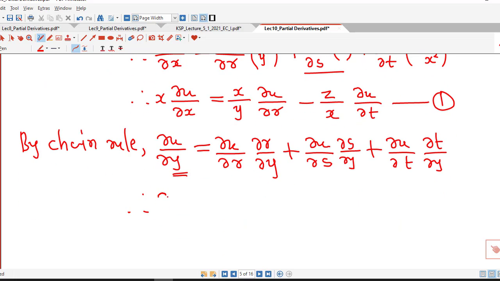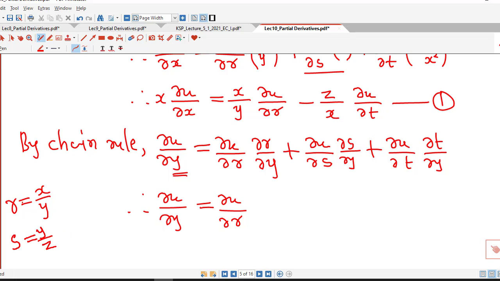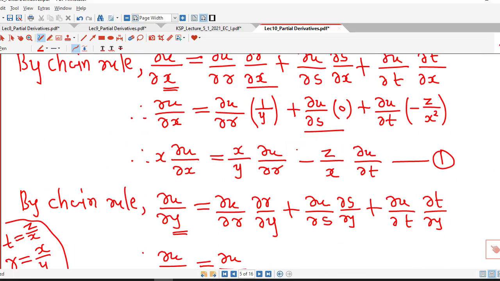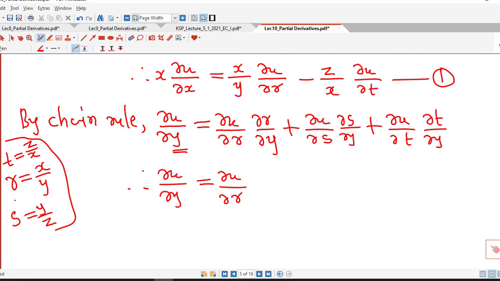So therefore del u by del y becomes del u by del r as it is, del r by del y. So r is given by x by y, s is y by z, and t is z by x. So let me check: x by y, y by z, and z by x. So partial derivative of r with respect to y is x as it is. Derivative of 1 by y is minus 1 by y square, so minus x upon y square,